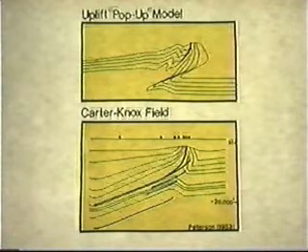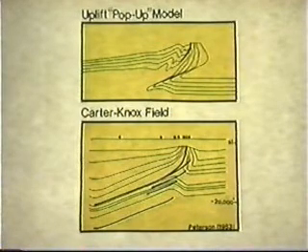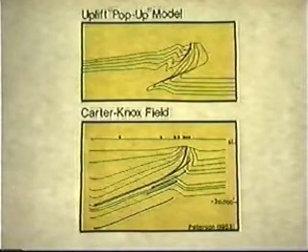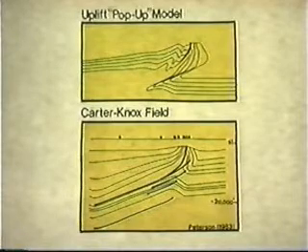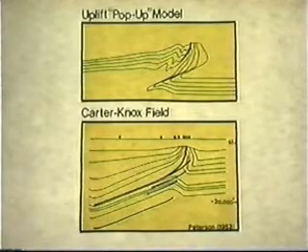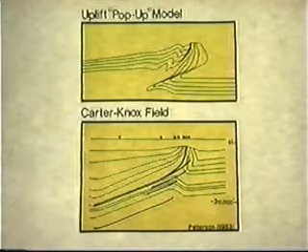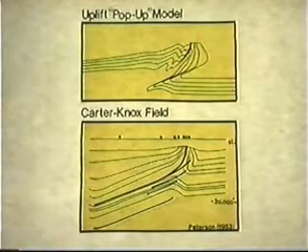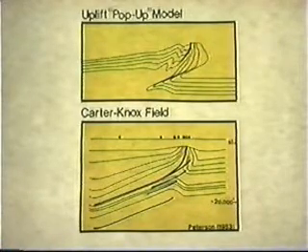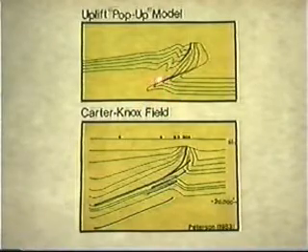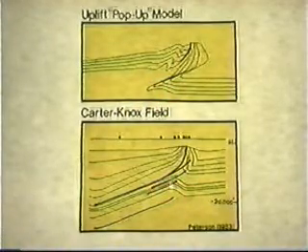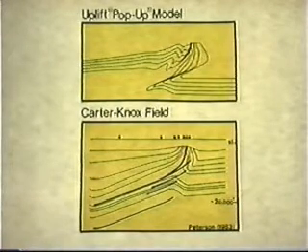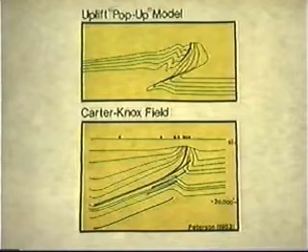Again, uplifting a relatively simple wrench fold using a mild asymmetrical uplift creates a first pass model structure which is similar to the field structure. It is interesting to note that the first pass model predicts the presence of a deeper subthrust structure, which was a deeper pool discovery at Carter-Knox. Finally, it is interesting how the orientation of the extremely thin strata in the model